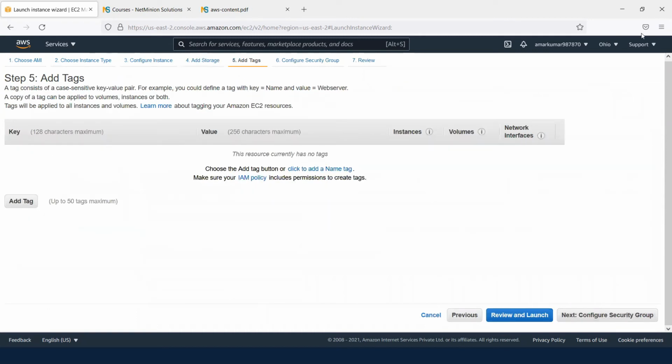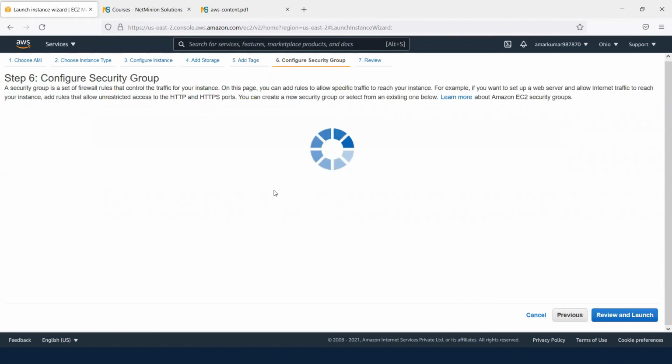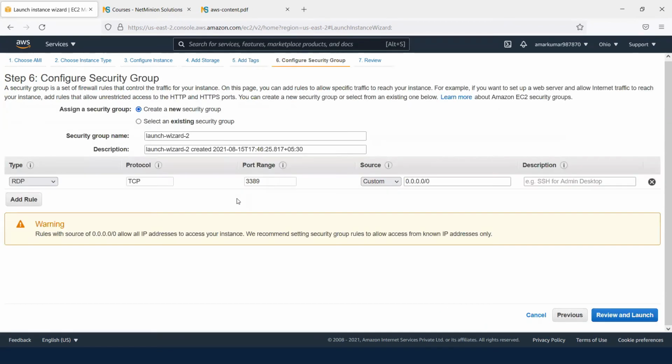For example, this machine belongs to NetMinion, so I can give NetMinion as a tag. Okay, further, if we want to configure any security group, a security group is nothing but a firewall actually. So which port I want to allow to access this machine, I can add over here.